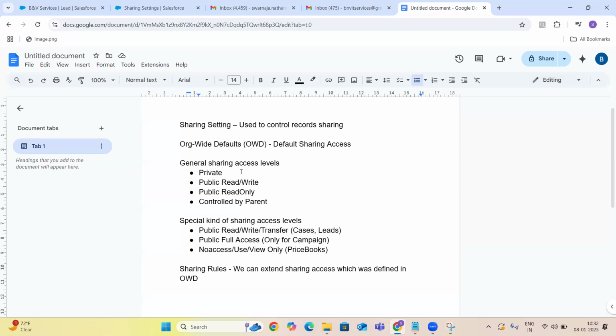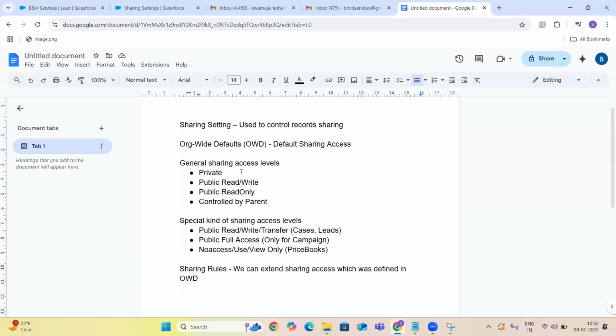That is private. You can see your own records unless you have view all permission on the profile, and you should also have create permission on the record.